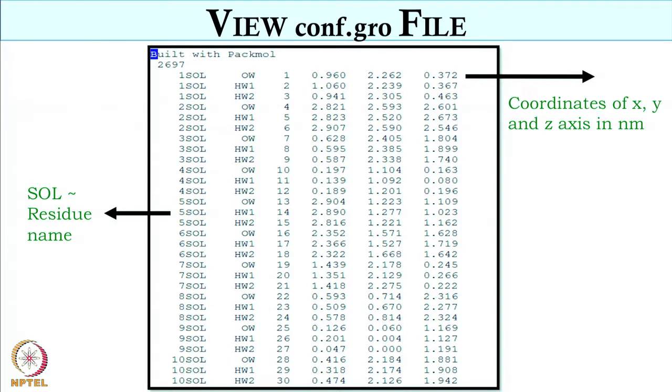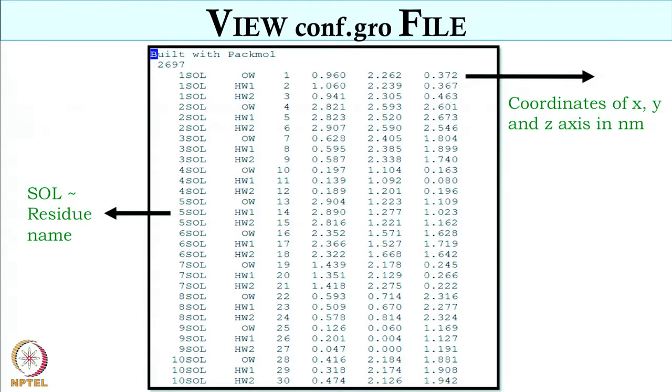So the left column will go from 1 to 899. The third column, which is 1, 2, 3, 4, will go up to 2697, because the third column is the atom or site number, and the first column is the molecule number, the residue number. By molecule you mean the residue. Yes, because in GROMACS molecules are called residues or residue numbers. This is the general practice to use it.